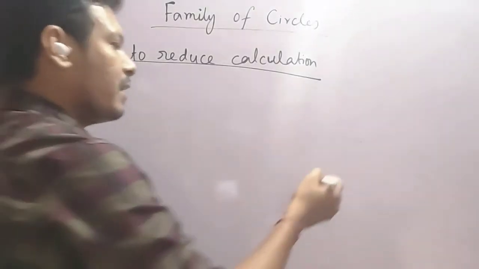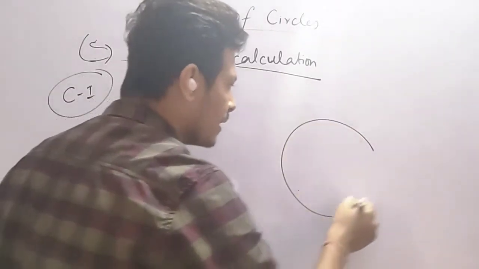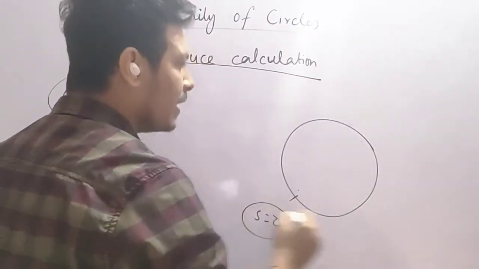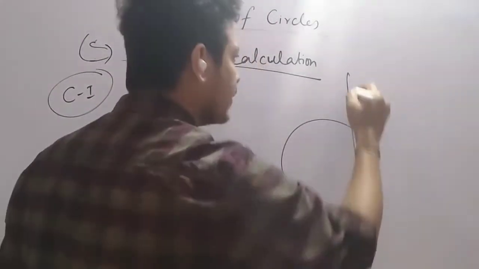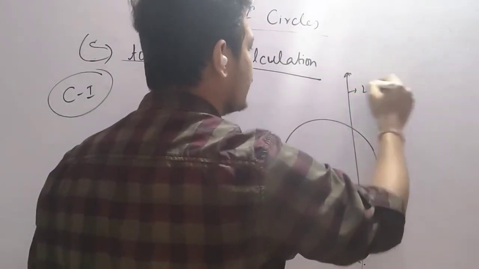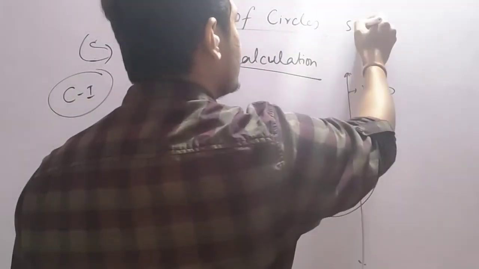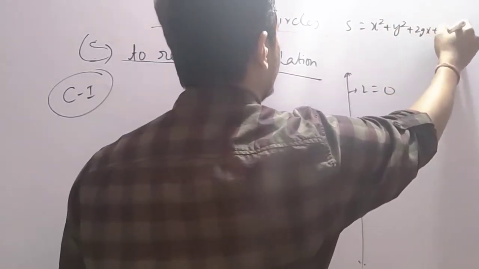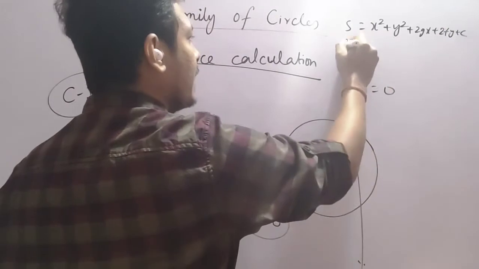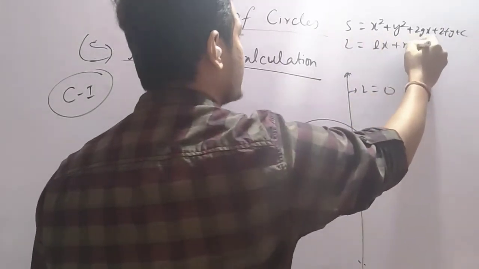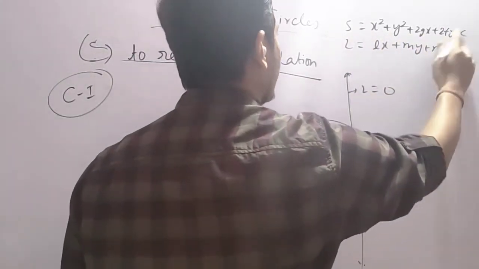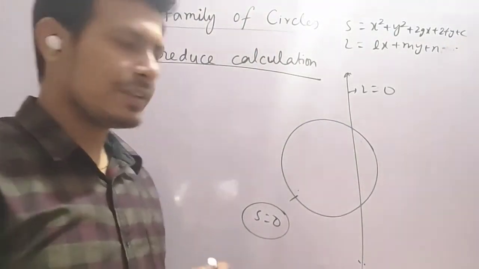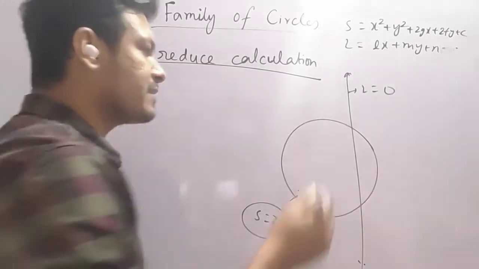Let's say we have a circle having equation S equals 0, and there is a line having equation L equals 0, where S symbolizes x square plus y square plus 2gx plus 2fy plus c, and L symbolizes lx plus my plus n. Now from the points of intersection of this circle and this line, let's say A and B,